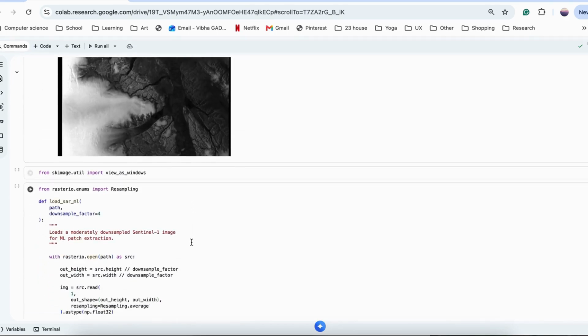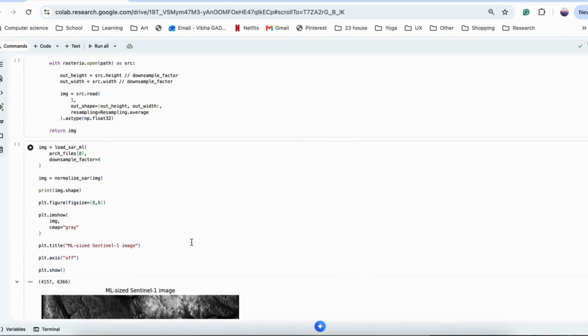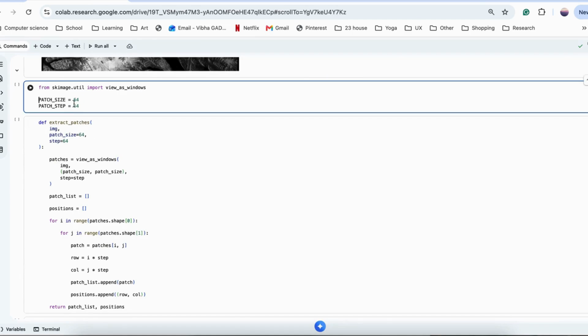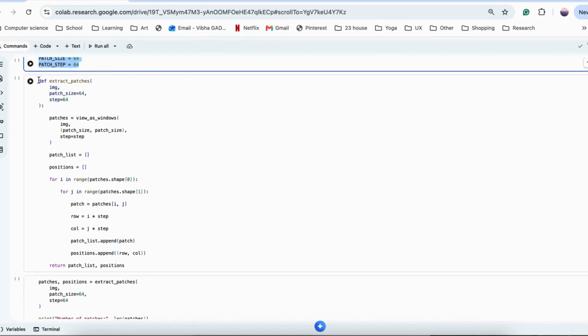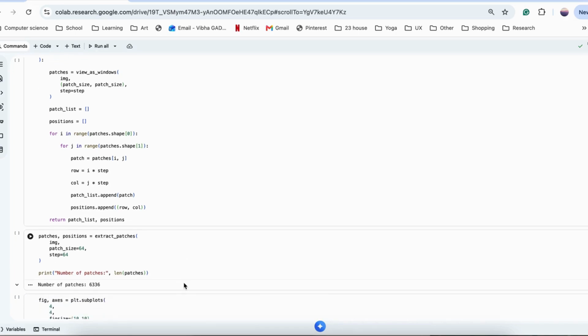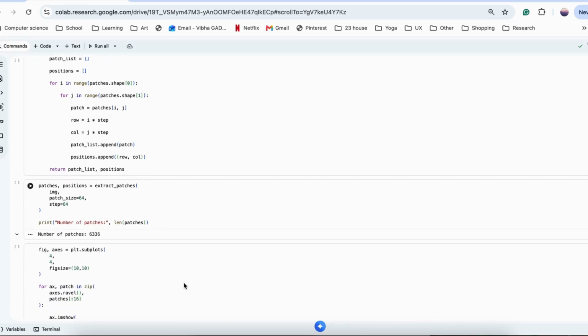The next major step is patch extraction. Instead of classifying the whole SAR image at once, I divide the image into 64 by 64 pixel patches. I set this using the following code. Then I extract patches. This function uses view as windows to move across the SAR image and extract 64 by 64 windows. For each patch, I store both the patch itself and the row and column position in the original image. The position is important later because it allows me to map predictions back into the image space using the rollout